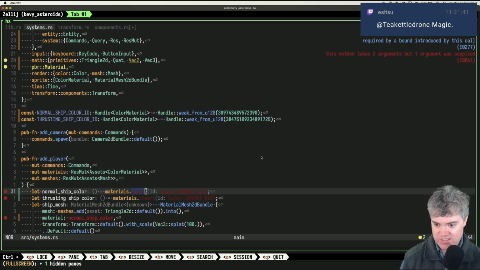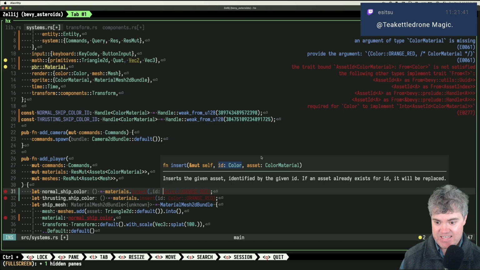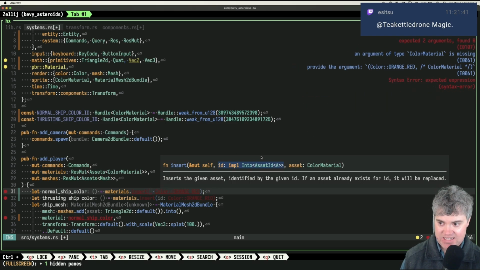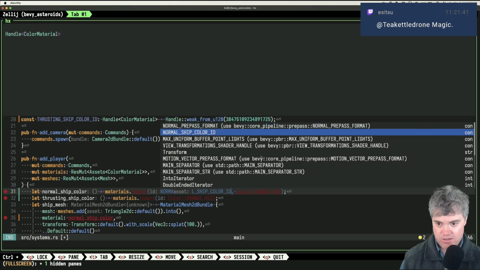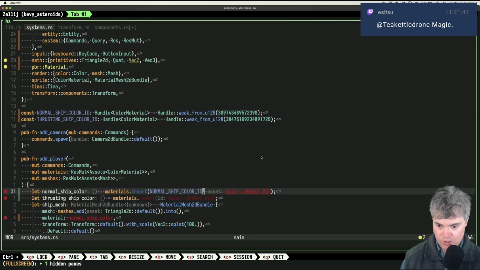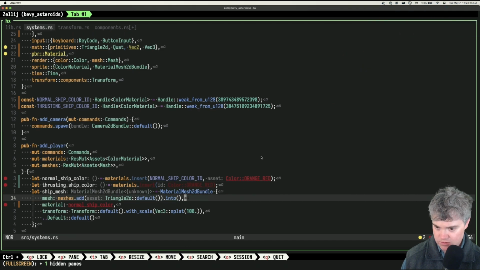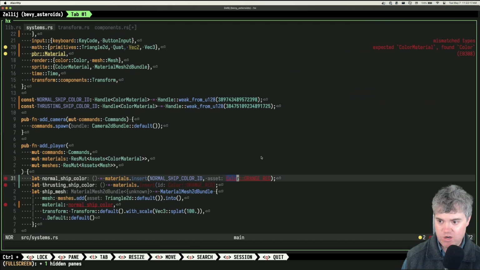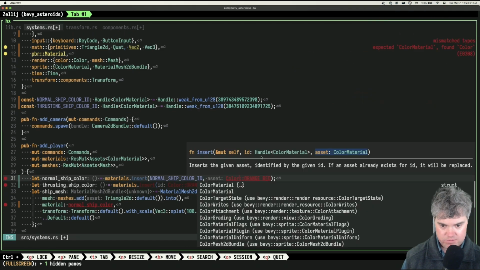So I'm going to do materials insert the ID. And in this case, that's going to be the normal ship color ID. And then we have color orange red. What did I do? Is this color orange red or color material orange red?